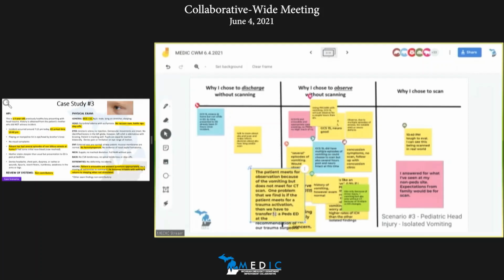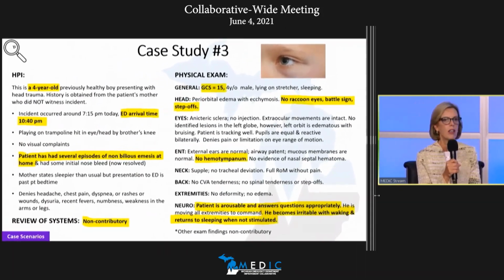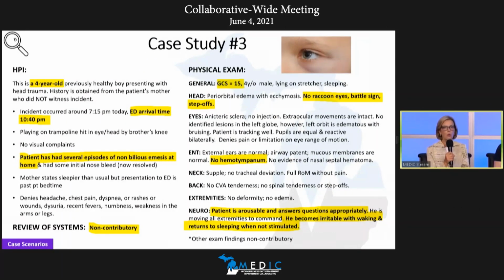But the point of this case really was to get at what I think Andrea Millard was talking about in her presentation too, which is to really start to think about those isolated symptoms. If you look back at the original rules and the subsequent studies from the PCARN rule, those with isolated symptoms of vomiting really still had a very low rate of clinically important brain injury. So certainly shared decision-making observation goes into that. So let's see how this chart was abstracted, Carrie.